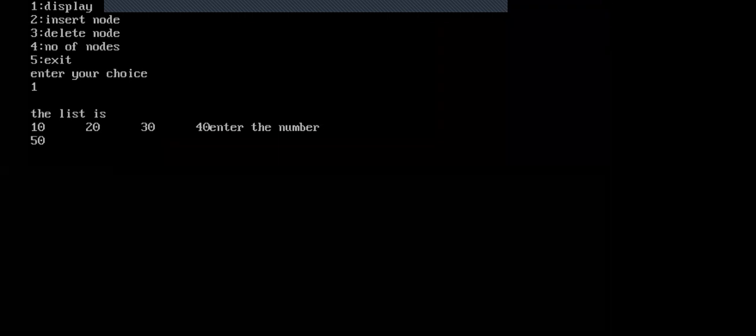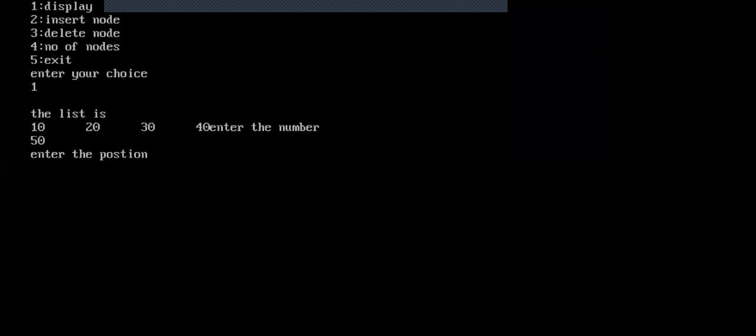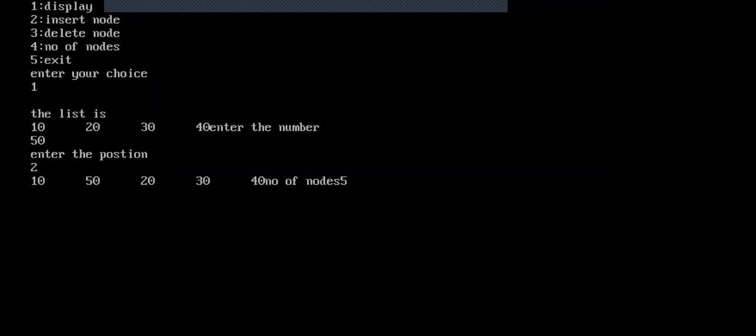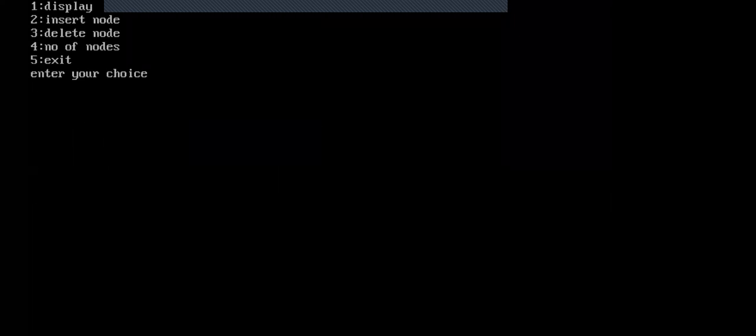Yes, 50. I want to insert 50 at the second position. So the number of nodes is 5. Yes. So this is the way to implement a circular list. So check it. I will explain once again.